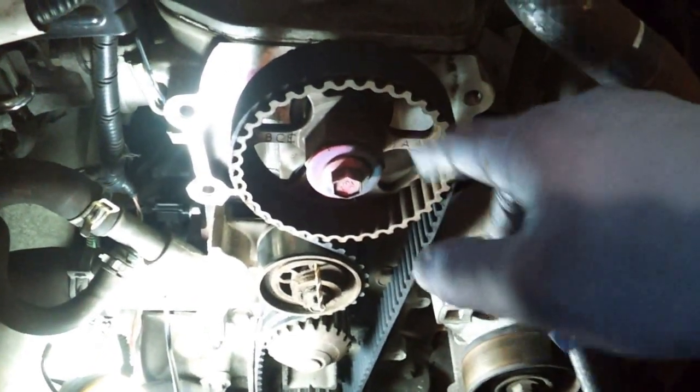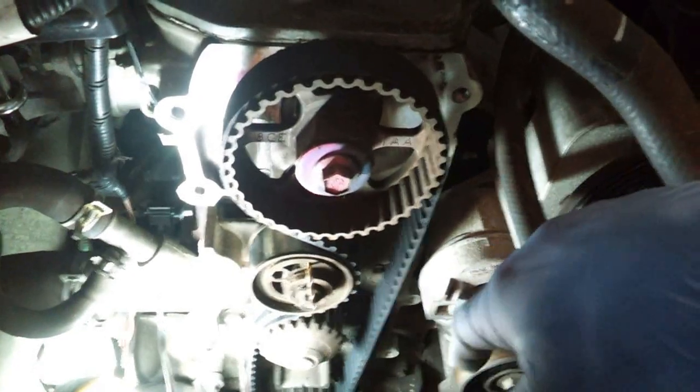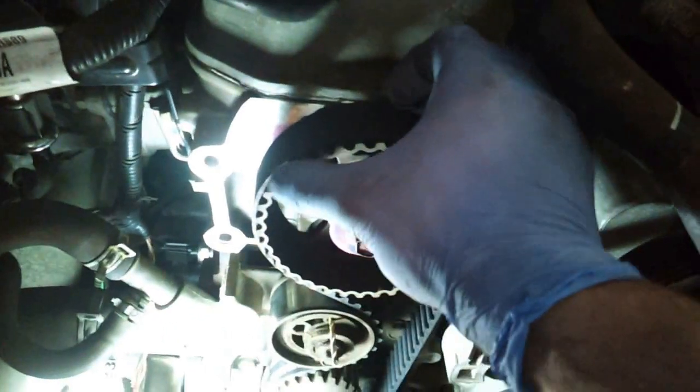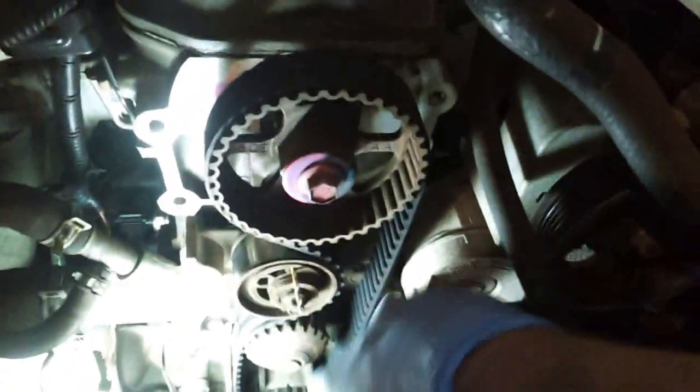All right, I just pulled off the timing belt, and I've worked on the new one. I haven't applied the tension yet. To take it off, I just grabbed it with my hand and worked it out by pulling. You don't want to do any twisting motions because you don't want to get your alignment off. I just used my nails and fingers to pry outwards on the belt. When putting on the new one, first I fished the belt